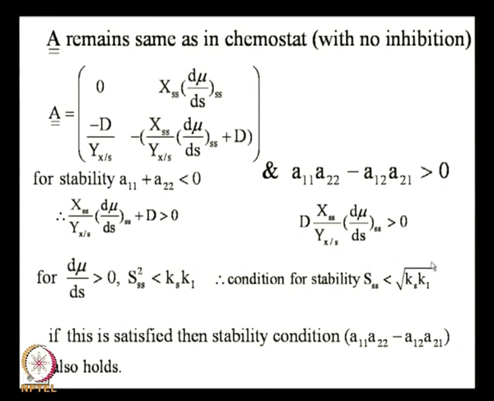So, my stability criteria is that S has to be less than square root of k I k s, and you can go back and check all the rest of it. I have skipped that calculation, but you can differentiate, the differentiation is already there, you can go and put this back over here. But coming back to this model, one of the things you need to